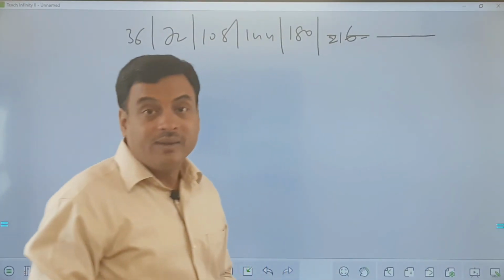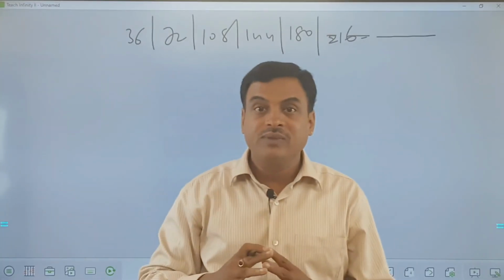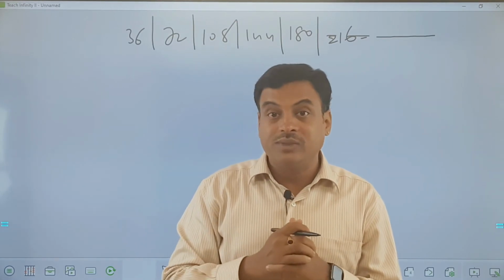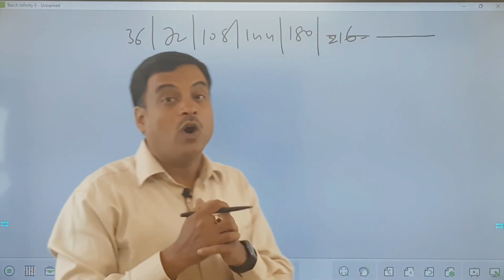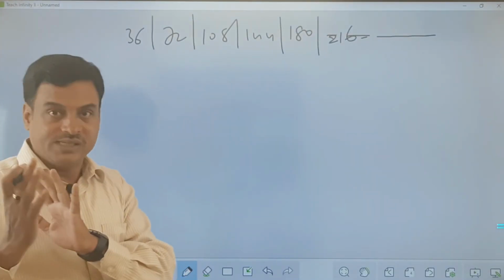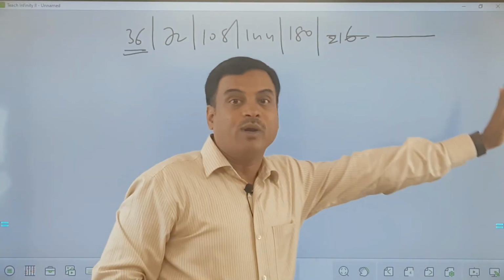Is it possible to write? Suppose it is not a 3-digit number, I said greatest 4-digit number, greatest 5-digit number like that. Will it be possible to write all the numbers? No. So what is my alternate method to find this? If the question is asking for the higher numbers, because LCM is the least number, he may ask you for the higher number also.